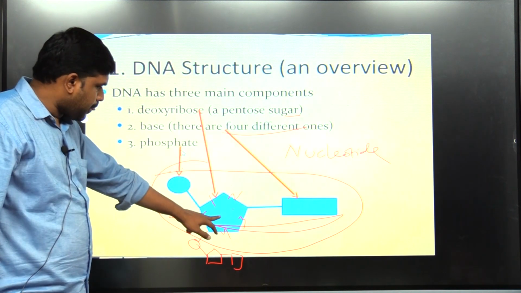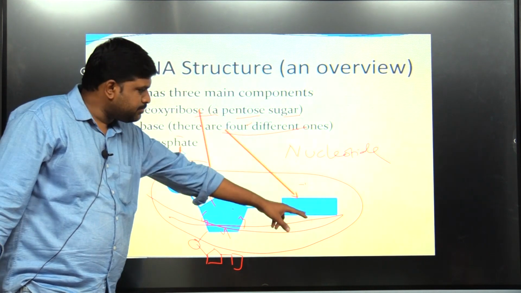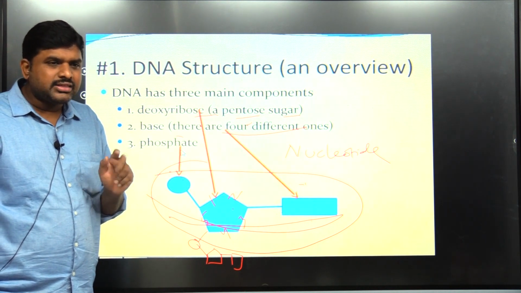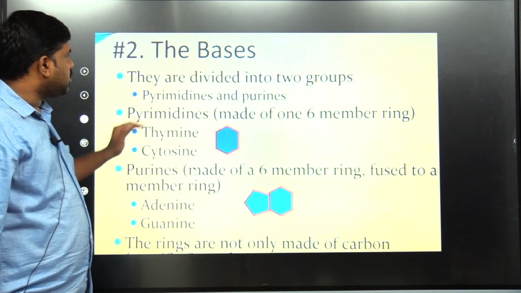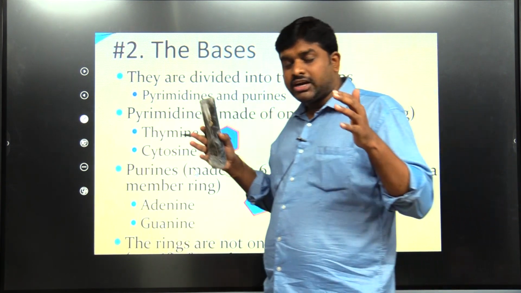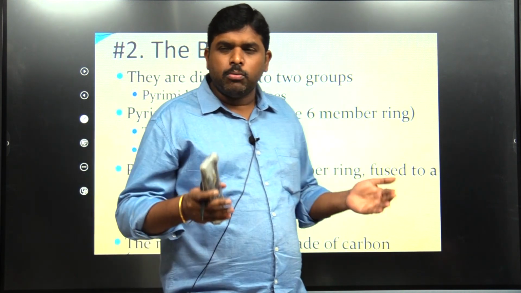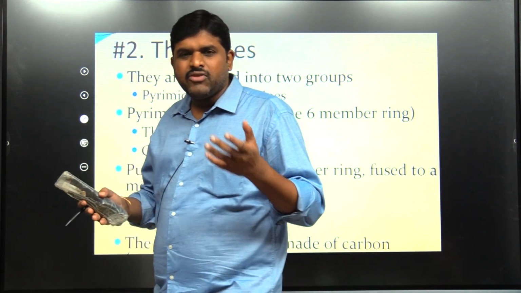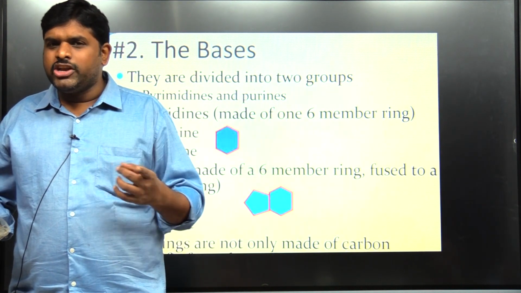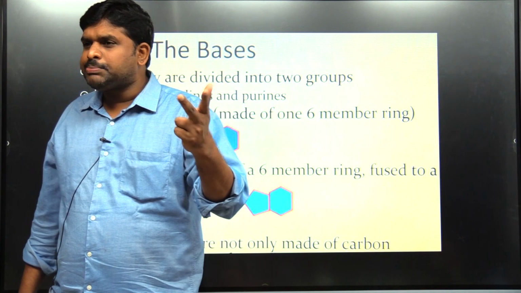First, nitrogenous bases, then deoxyribose, the pentose sugar. There are four different bases: adenine, guanine, thymine and cytosine. So we are understanding the cell. From cell we came to nucleus, from nucleus we came to chromosome, from chromosome we came down to DNA. In DNA we are understanding the structure of DNA. Every DNA is a combination of nucleotides. One nucleotide is nothing but a pentose sugar molecule, a nitrogenous base, as well as a phosphate.